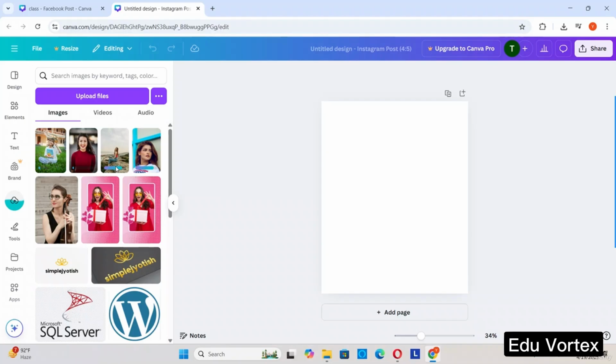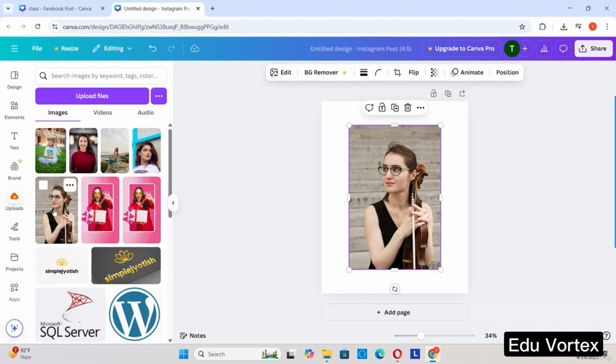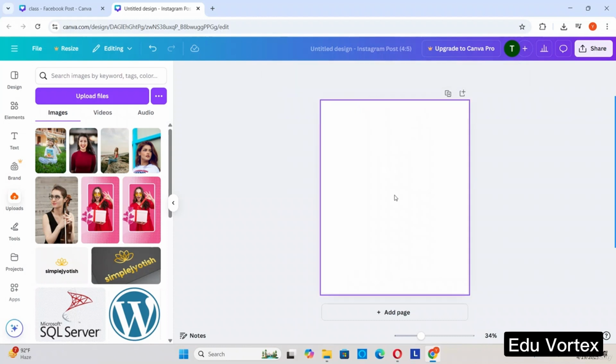Here you can see it is uploading, and you can also see the symbol over here, showing how much time is left. Now every file has been uploaded. So I just want to use it. Okay, so I just need to click over here and it will come over here,